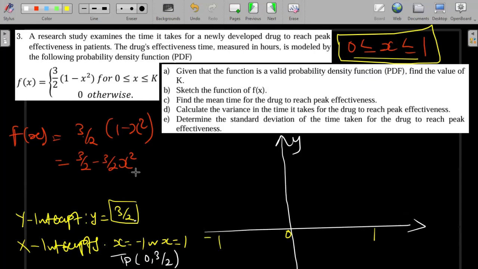Let's first of all draw a full curve. We have the x-intercepts, and the turning point is 0, 3 over 2. So 3 over 2 can be somewhere there. That's the turning point. The turning point is also the same as our y-intercept. So we can draw a curve here